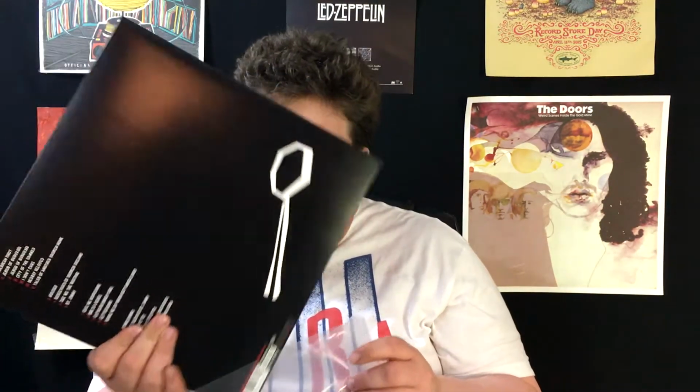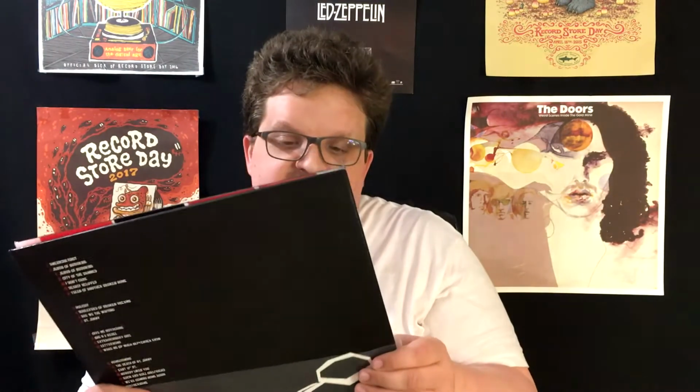but I love all the labels. This album means a lot to me, and I was listening to it recently, and I'm a political-minded person, but I'm not going to get political on this channel. But I was listening to this just today and thinking about what's going on right now, and this still is a perfect album for the time. An album that stands the test of time like this one, it's something to be commended. So very, very glad to have this, and I'm just so floored and thankful to all my friends who